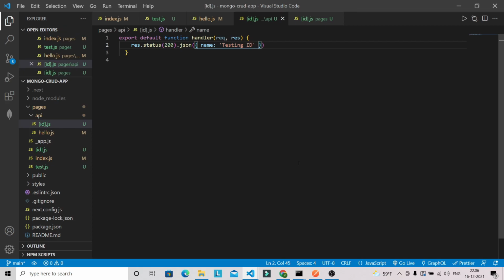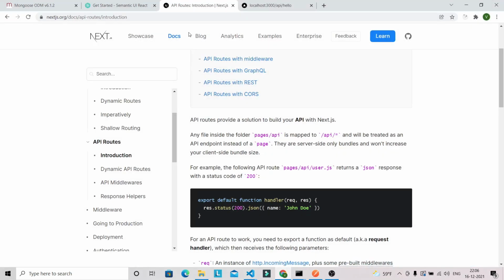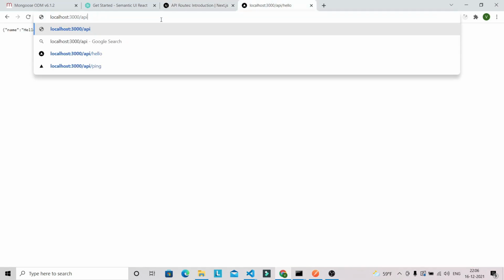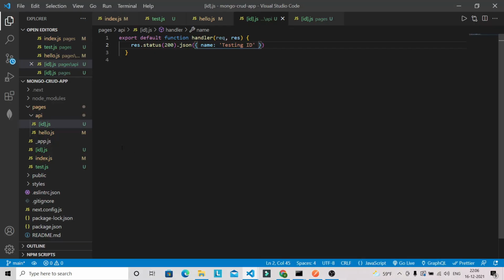Now you can access this API this way, where you only have to pass the id. Now you can see that we have got our JSON response, that is testing id. This way you can also create a dynamic endpoint based on the id.